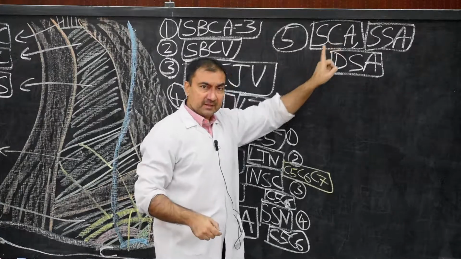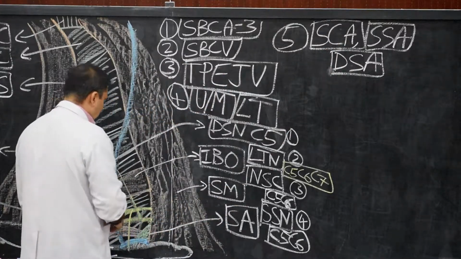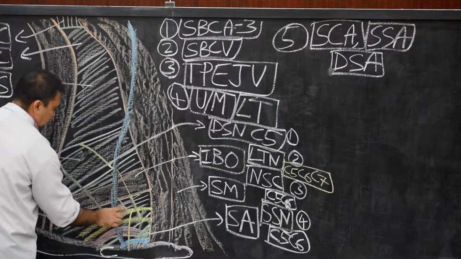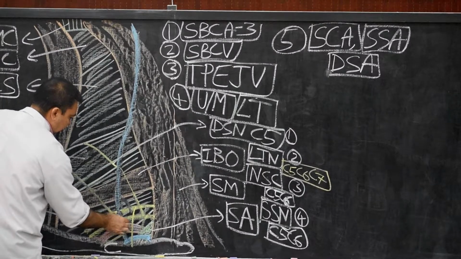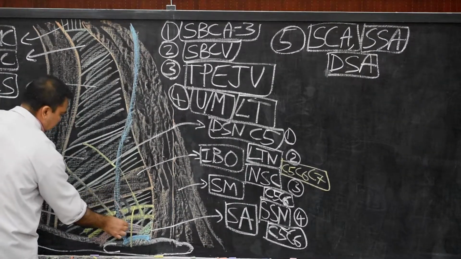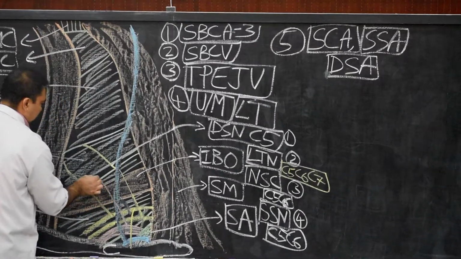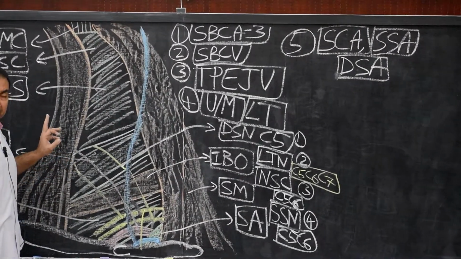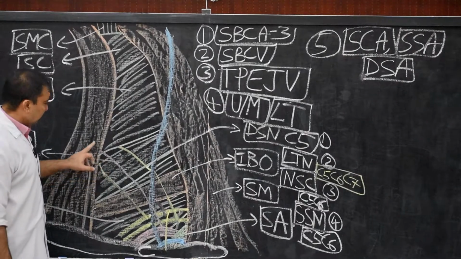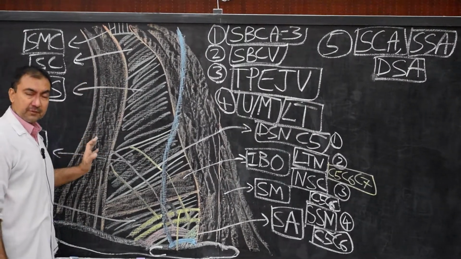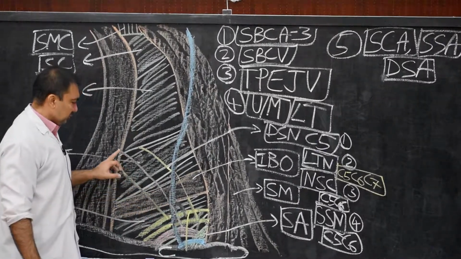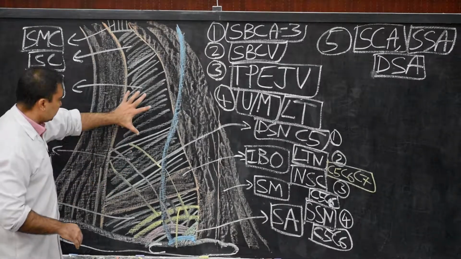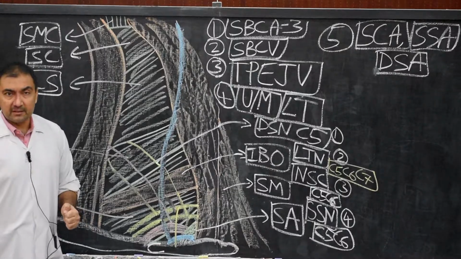Now once again, the superficial cervical artery will pass from the subclavian, and this artery will travel over the brachial plexus, superficial to brachial plexus, and then it will pass deep to anterior border of trapezius, and then we know the entire course where it will anastomose with the descending branches of occipital artery. So therefore, this superficial cervical artery will form the content of both the triangles, occipital triangle as well as supraclavicular triangle.